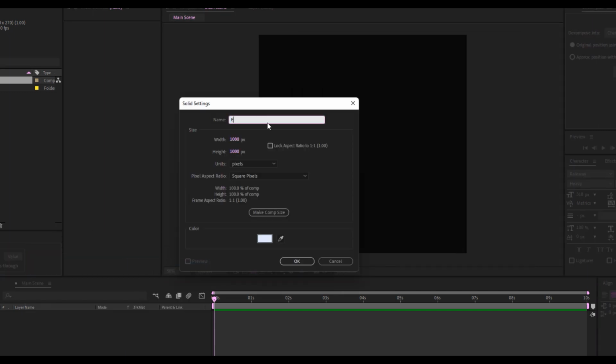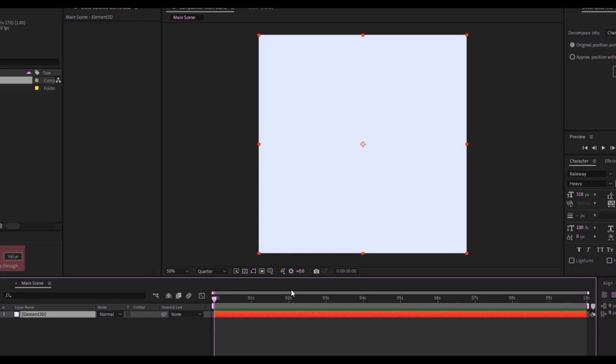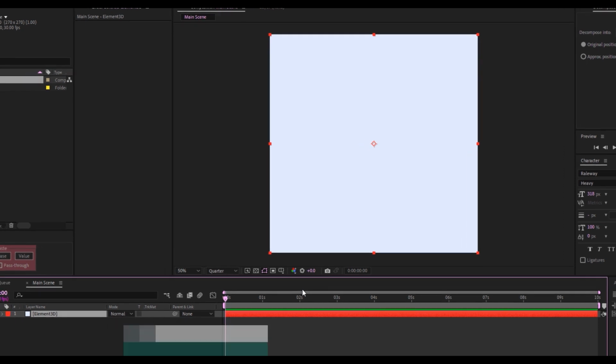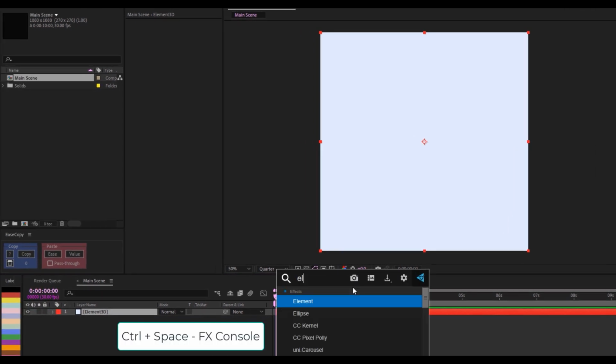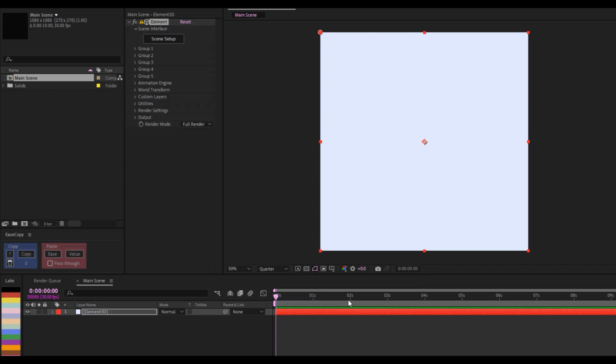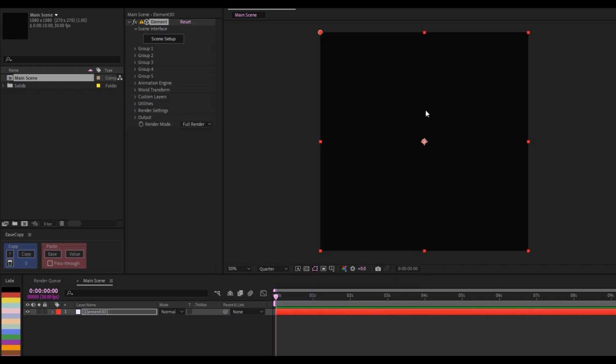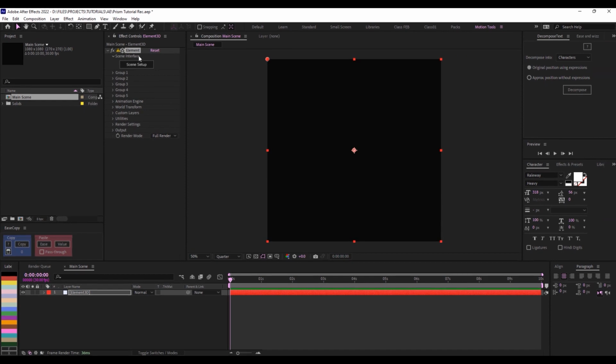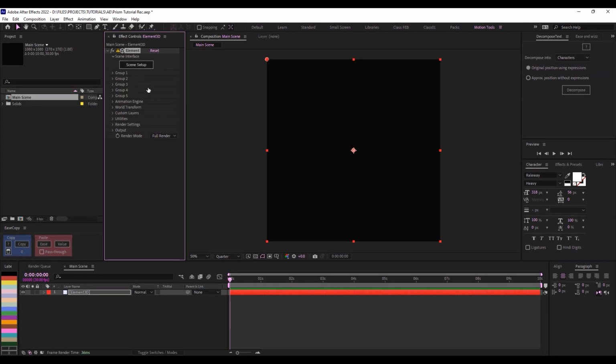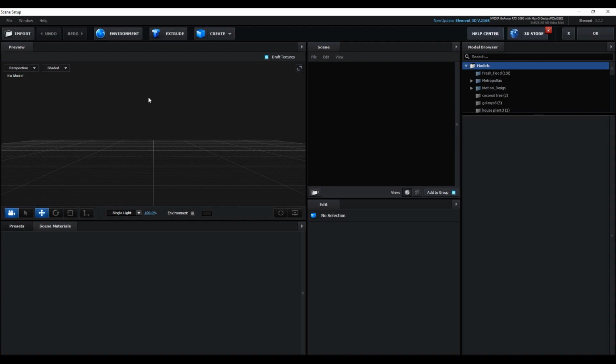I'm going to name this Element 3D. You can make it whatever color you want, doesn't matter. I'll click OK. Then I'm going to use FX Console from Video Copilot. I'm going to do Control Space and type in element, and that is there. You have a blank screen here. All I need to do is go to my first control and click on scene setup, and from here